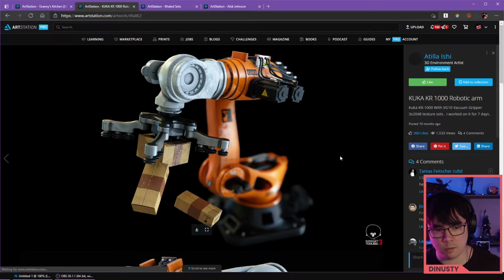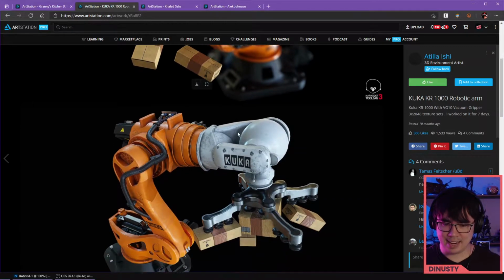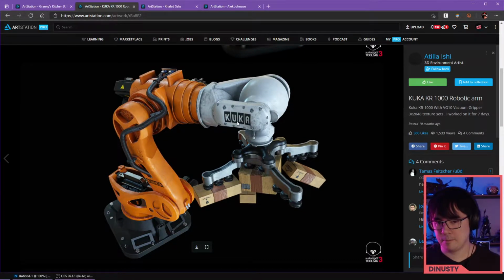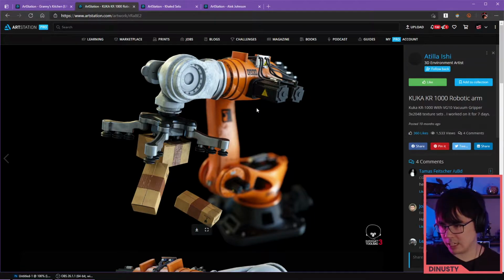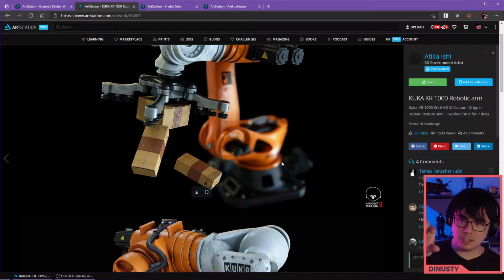So let's look at this robotic arm really quickly here. There is something I'm feeling about this. What is that? I mean, the robotic arm looks cool. These arm things are really interesting. It's the cardboard boxes. The depth of field is a little weird. It's kind of shrinking the asset, right? But it's the cardboard boxes and the fact that they're fragile. No, I'm just kidding. It's the duct tape, it's freaking massive. So I'm getting the sense that the boxes are actually this big. And with the combination of the depth of field, the whole thing just ends up shrinking, right? So it feels, yes,